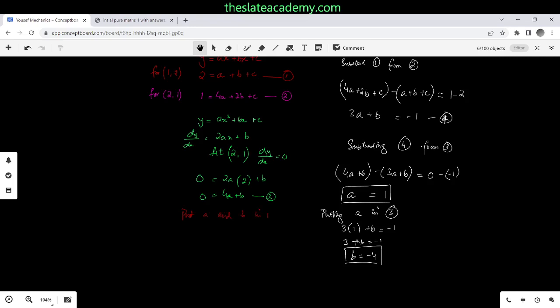So 1 says 4a, 4 into 1 will remain 4, plus 2b, 2 into minus 4 will become minus 8, plus c is equal to 2. So 4 minus 8 is minus 4, plus c is equal to 2, and then adding 4 on both sides I get c is equal to 6. So a is equal to 1, b is equal to minus 4, and c is equal to,